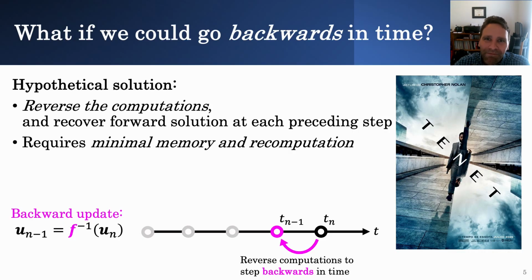So the main advantage of actually trying this, however, is that if we could just go backwards in time, then we wouldn't need to store the entire solution states in memory because we can just reconstruct them going backwards. Certainly requiring some recomputation, but definitely requiring less recomputation than we would have to do if we were using some kind of checkpointing scheme. And better than that, if we don't even have to save any intermediate states in memory, and we don't have to do this recomputation approach in the case of checkpointing, then we actually minimize our memory requirements, minimize our